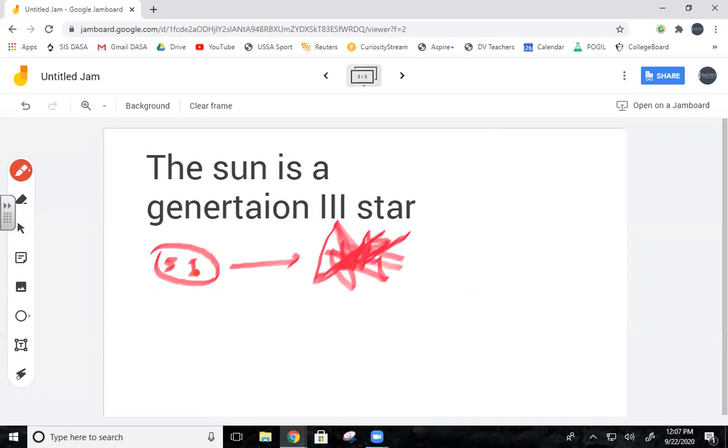So now when they exploded, instead of just being red, this explosion also has some blue in it. And a generation of star is born